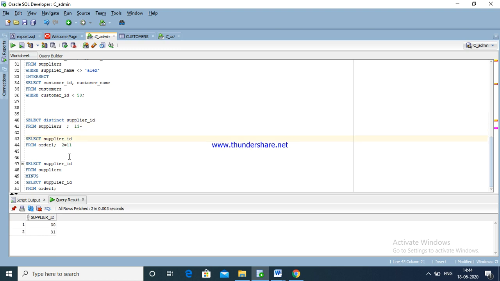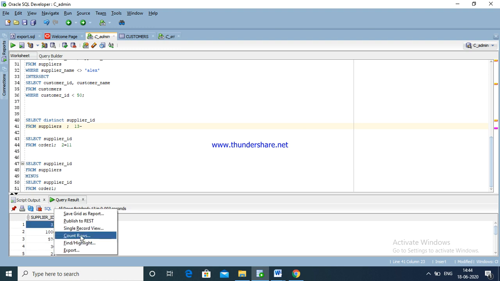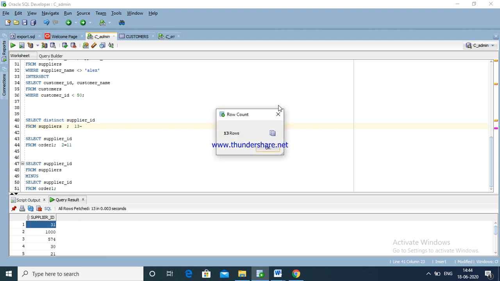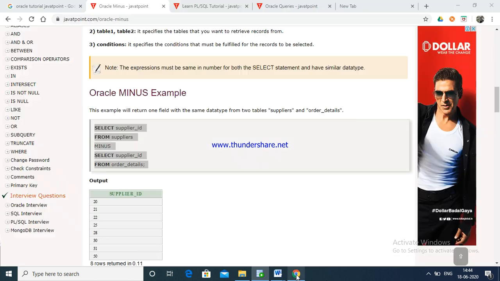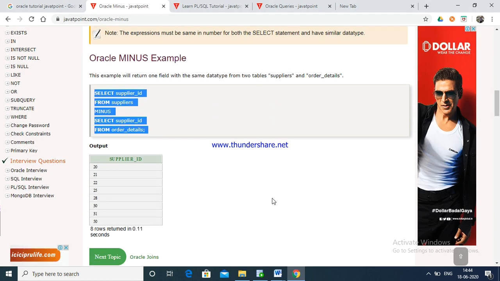See here, 30, 31 are in this statement also. Both records are removed. Now go and check: 13 records minus 2 records, 30 and 31, it will show 11 records. This way.